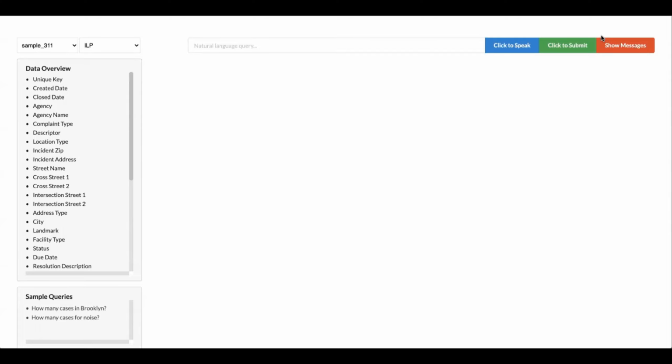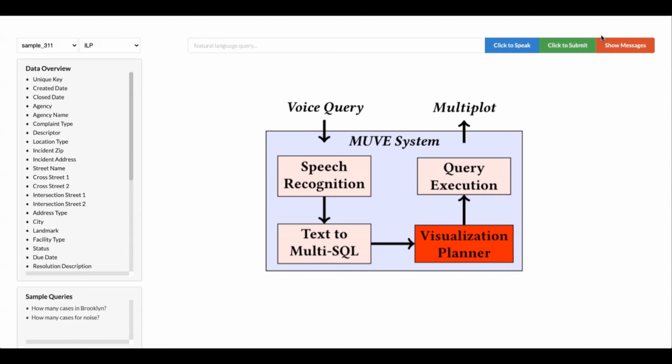So our plan with our system is to use multiple bar plots on the same screen to give the user an array of results and cover as many possible ambiguities in the query. And so this multi-plot selection, choosing which bar charts should be displayed on the screen, proved to be an NP-hard problem. We implemented both an integer linear program solver and a greedy solver to compare the effectiveness and speed when